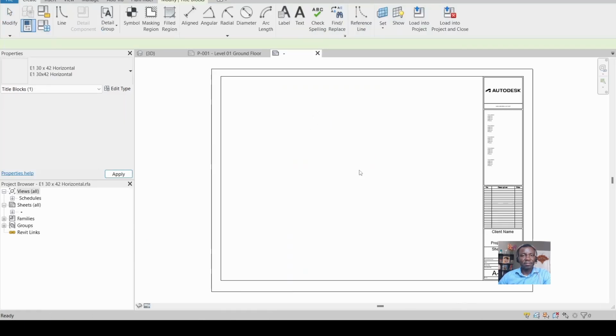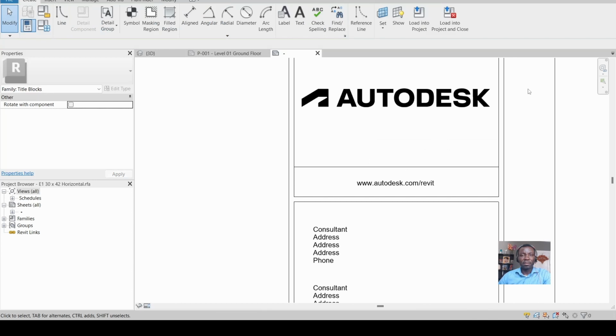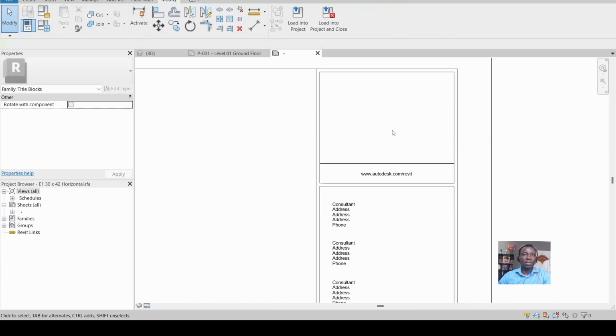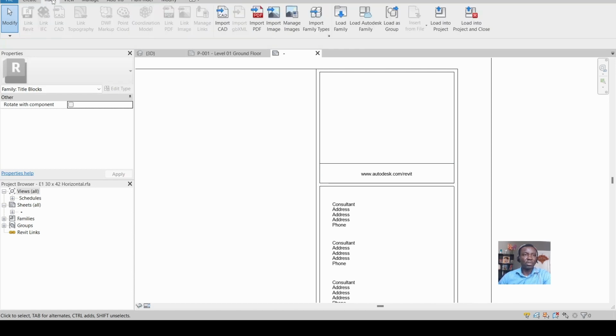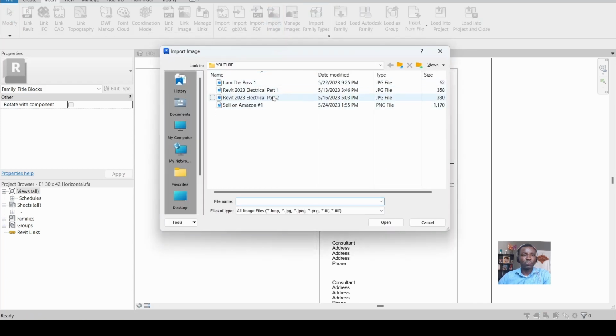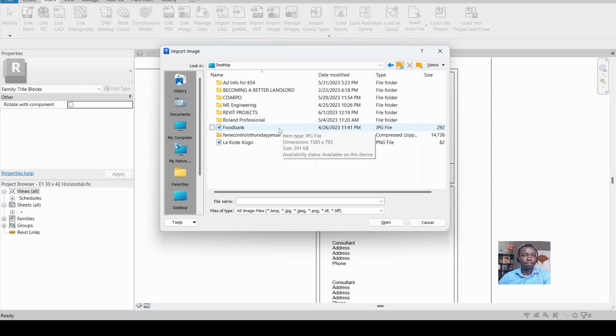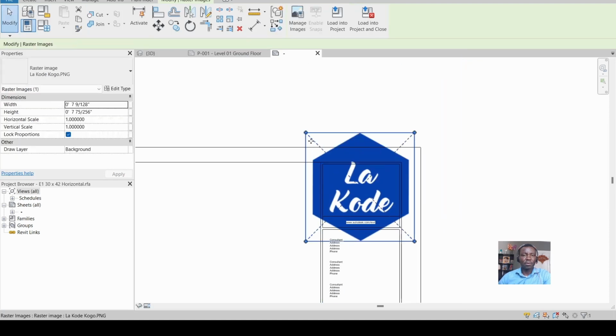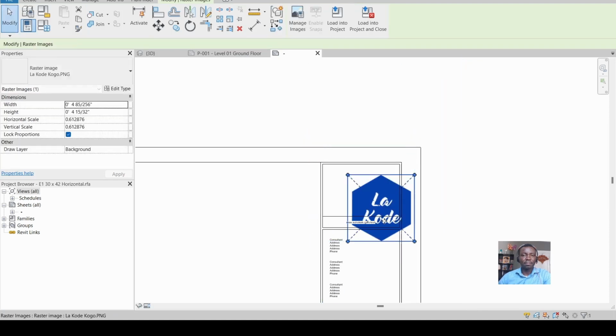Double click here. We need to remove this standard logo, delete. We can replace it with anything we have. If we have a logo, go insert image. We select, I do have an image here, for example this one, and click here, size,